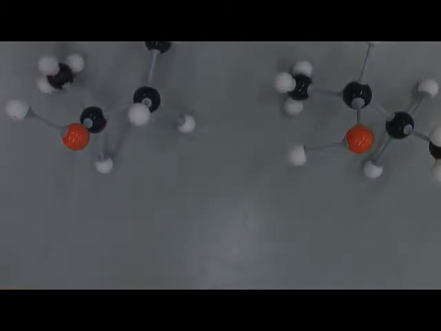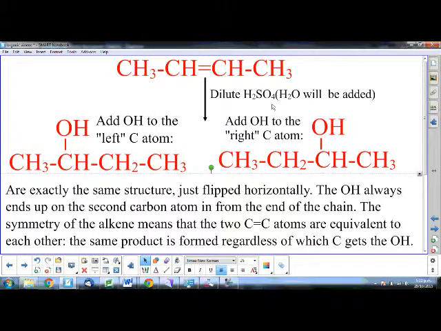It did not matter which carbon in the double bond received the OH. Either way around, I still get the OH attached to the second carbon on the chain. There is only one product possible from this reaction. Now, if I just quickly restore some structures and